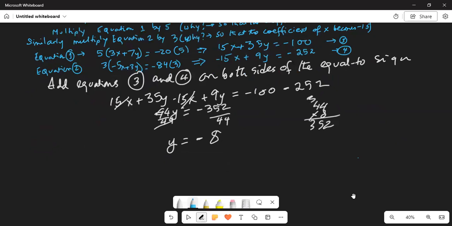So we will plug y equal to minus 8 in equation 1, which leads to 3x plus 7y equal to minus 20, or 3 times x plus 7 times, for y I'm going to substitute minus 8, equal to minus 20. Okay, so if I move this a little bit up,